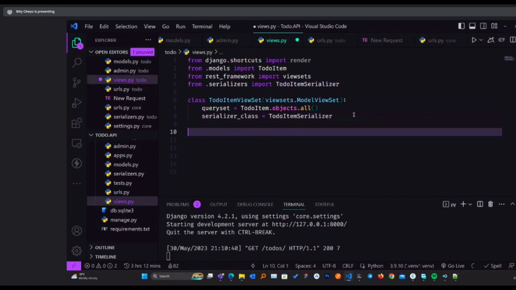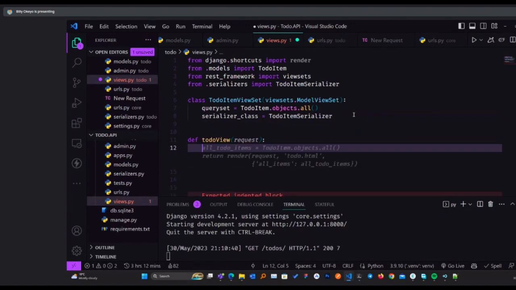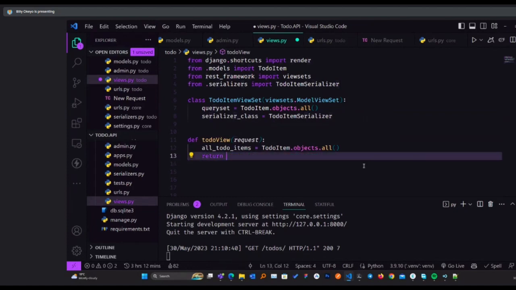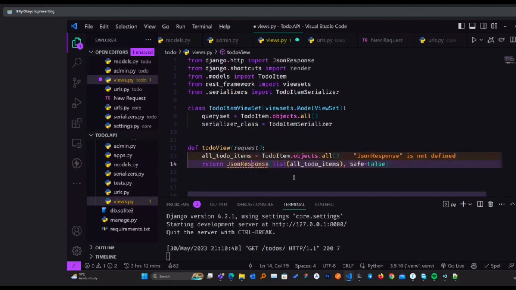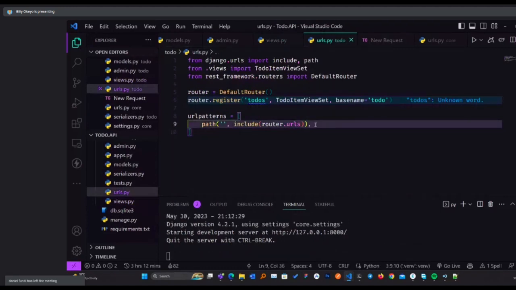So what I'm going to do is create a function that can get the to-do view instead. To-do items, so then instead of render, so that I can be sure, I call JsonResponse, which I import from Django. Having that, I'll create a URL for that.